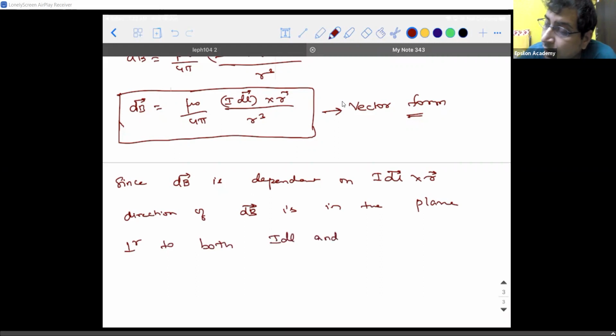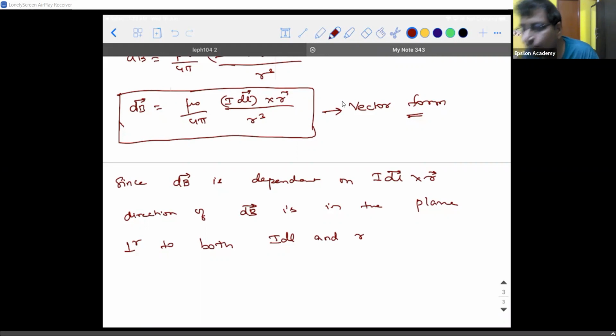Idl and r. So what I'm trying to say here is, suppose I take my hand, and Idl is in my hand and r is also in my hand. So Idl is like this and r is like this. Then when you do the cross product between two given vectors, we know that the resultant is always in the direction perpendicular to both the vectors. Because when you write A vector cross B vector, it is magnitude of A times magnitude of B times n cap, where n cap represents a unit vector in the direction perpendicular to both these vectors.